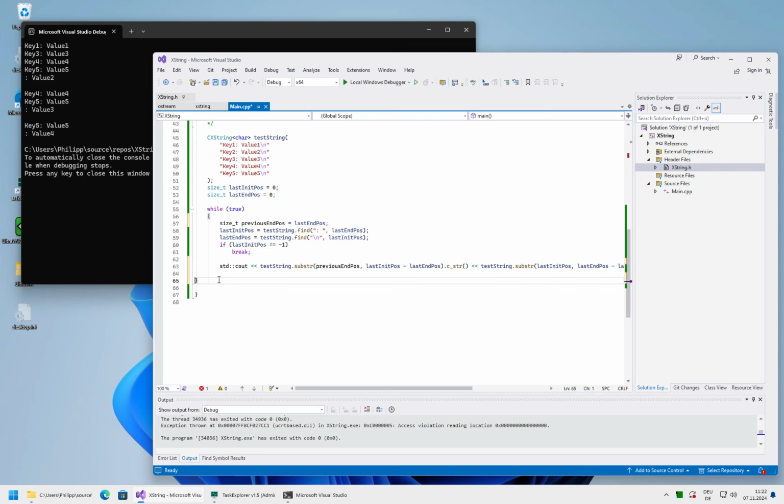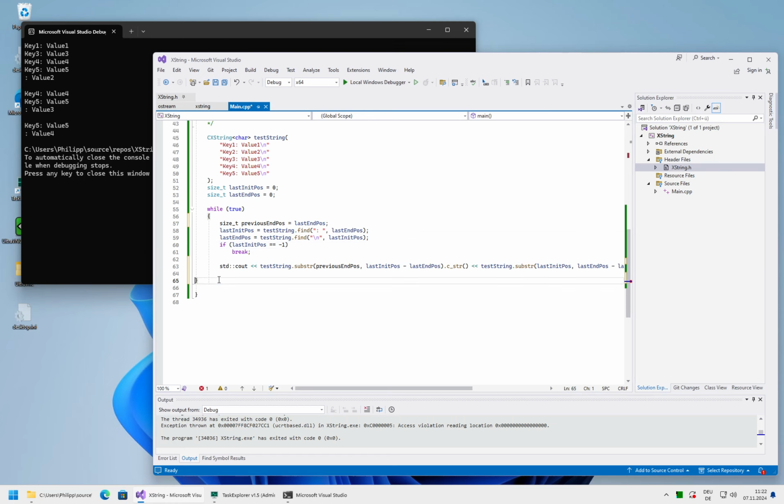And this should be correct. Endpos, okay, and that's the problem. We got endpos 56. We get -1 as endpos while we are in the last.